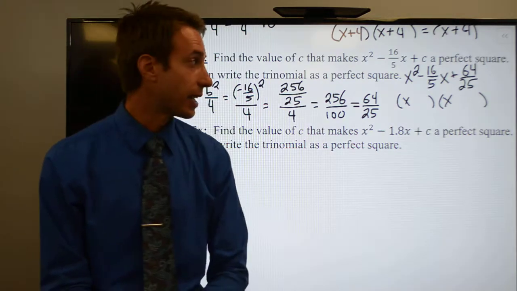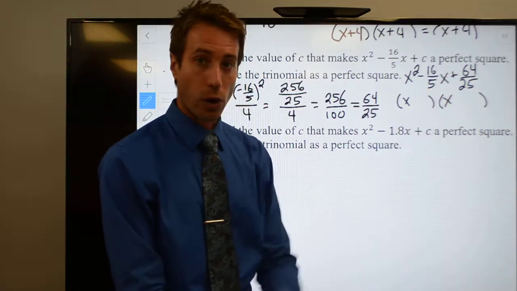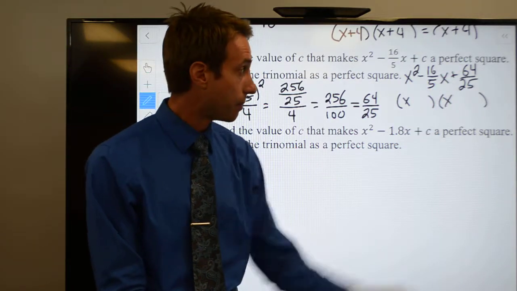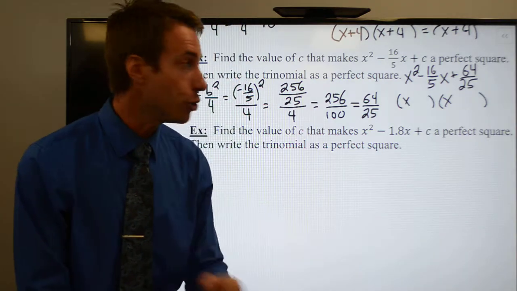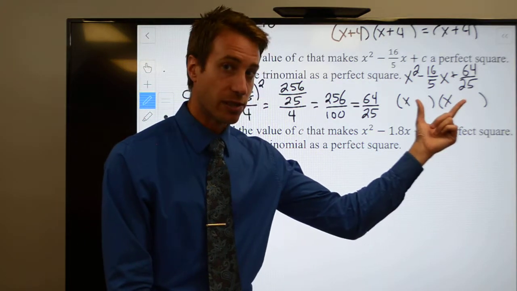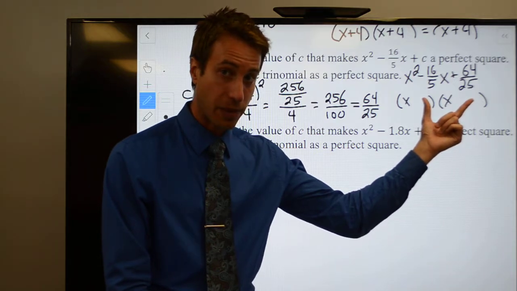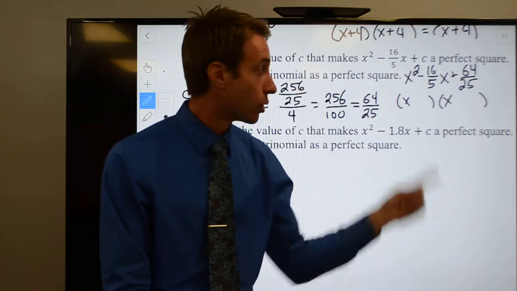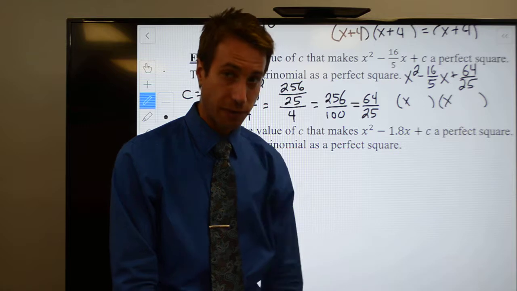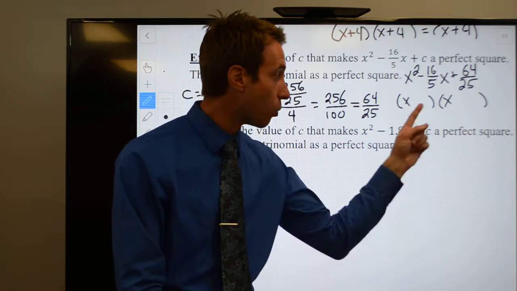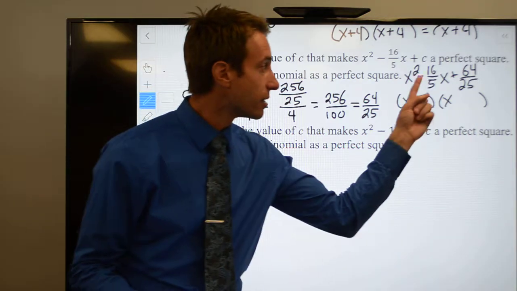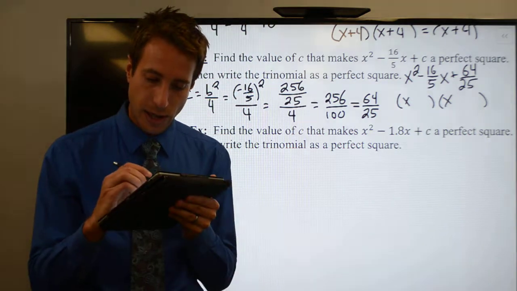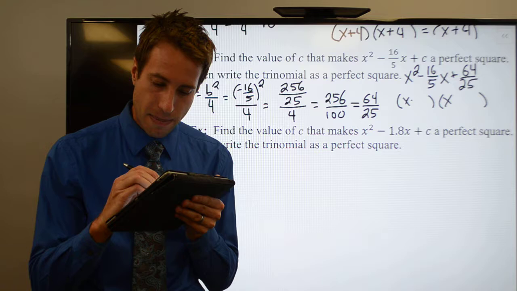You will love it. 64 is a perfect square, and 25 is a perfect square, and you know these two numbers have to be the same. So all you've got to do is what times what gets you 64, and below that, what times what gets you 25. Which couldn't be easier, and since this guy's negative, you know they both got to be negative. So it's got to be a minus